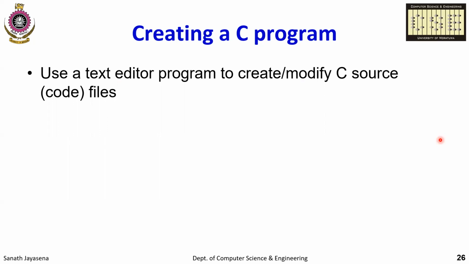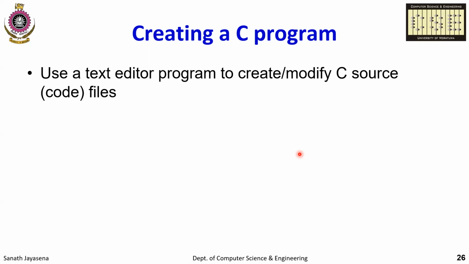So let's briefly look at this thing. How do you create a C program? I mean, even for any other language, you do some common things. It means you are using a text editor to create or modify whatever that source code, right? If it's C, you are editing C source code and saving this code as files. That's how you get C programs, right? Using a text editor. Sometimes, if you don't have a sophisticated one, it doesn't matter. You can even use a very simple text editor, which